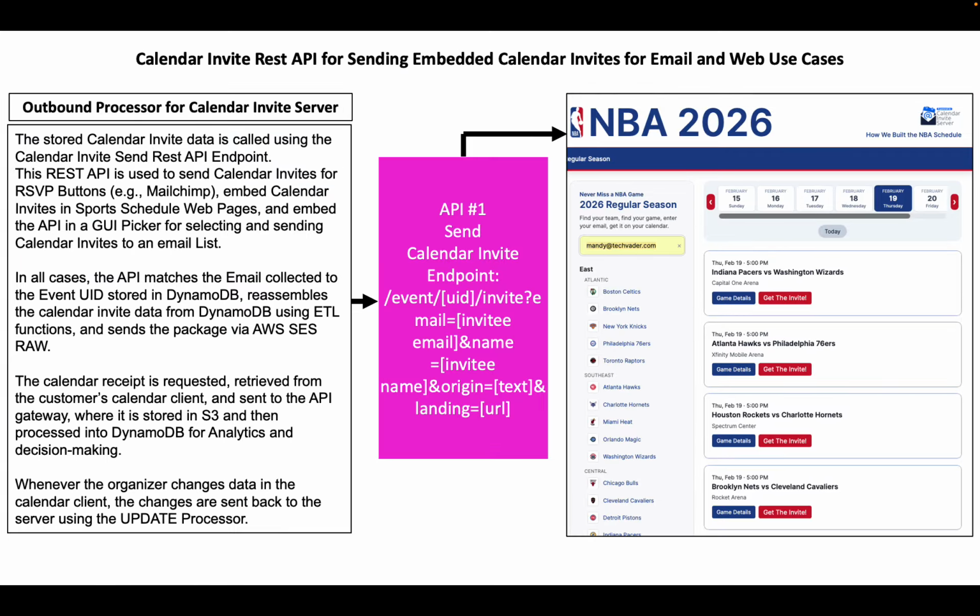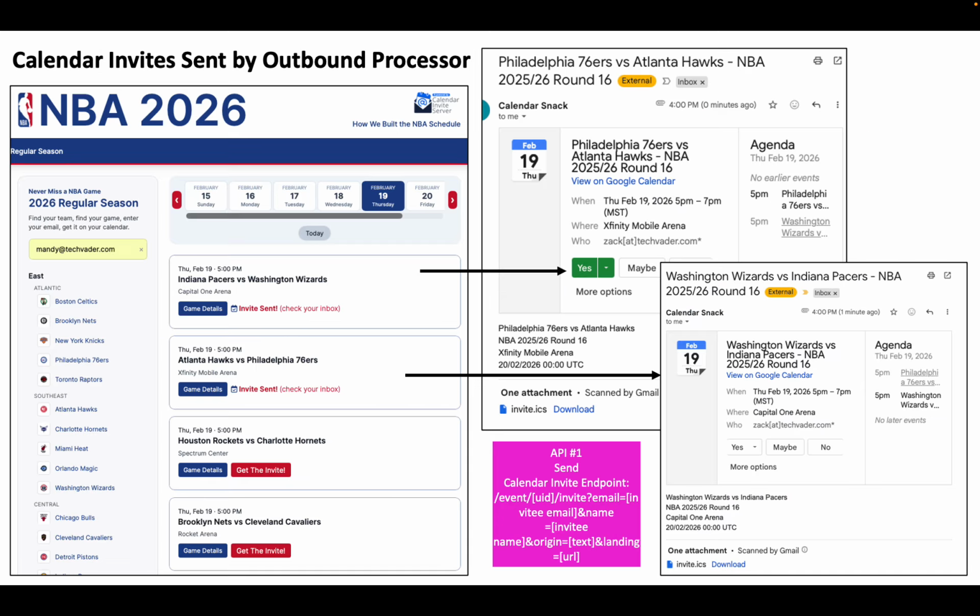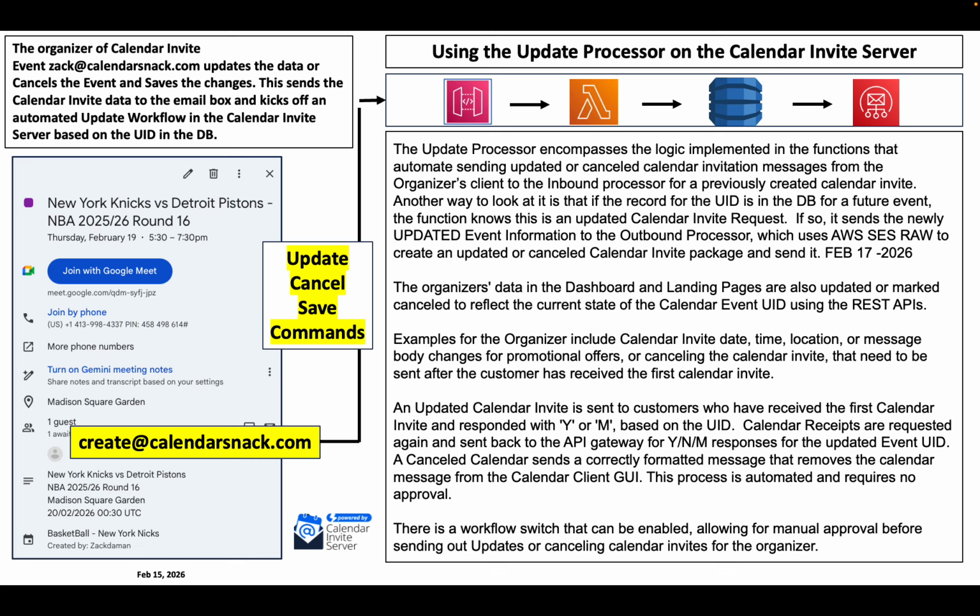So as I go through this, we have one critical piece of intellectual property for the calendar invite buttons. The calendar invite buttons are piped in here. When you click the get the invite, that calendar invite is sent, and that is a REST API, which is part of our intellectual property and workflow. And here's some more goodies on how NBA games work. Somebody put their email address in like Mandy. She clicked the buttons. We track that data. Her individual calendar invites are sent to her email address using our REST API that does the magic behind the calendar invite buttons themselves.